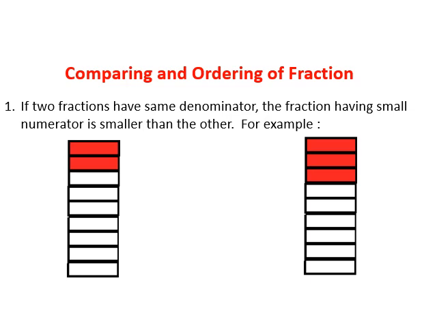Here I have taken two figures divided into 9 equal parts. You can see that in the first figure only two portions are shaded, and in the second figure only 3 parts are shaded. So how will we write the fraction for the first figure? That is 2 by 9, and in the second figure the fraction is 3 by 9.